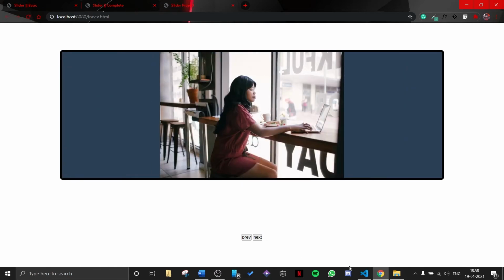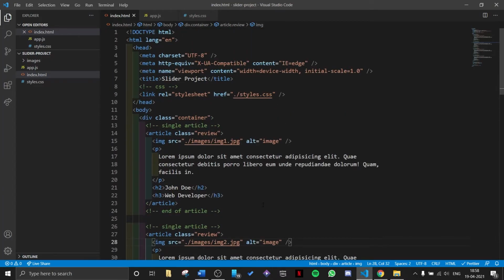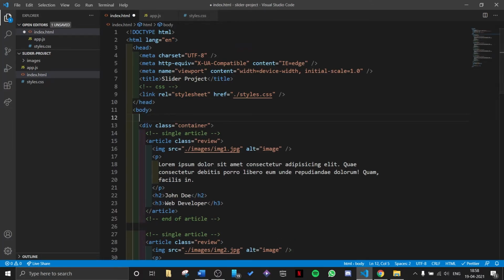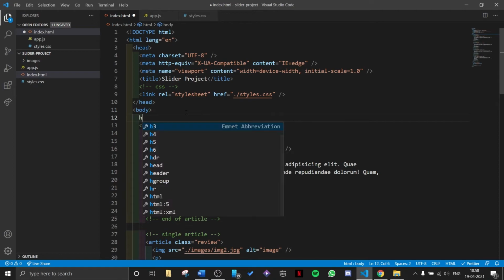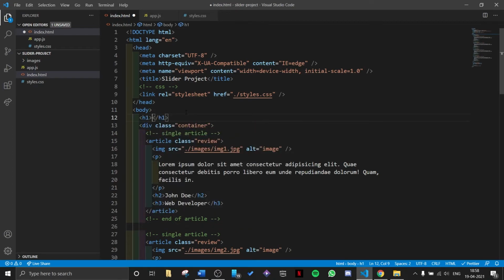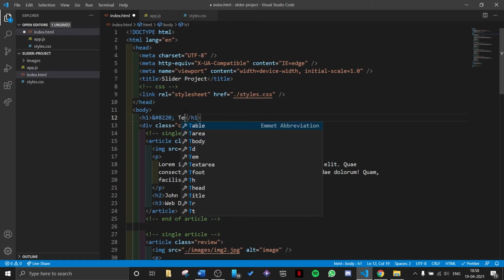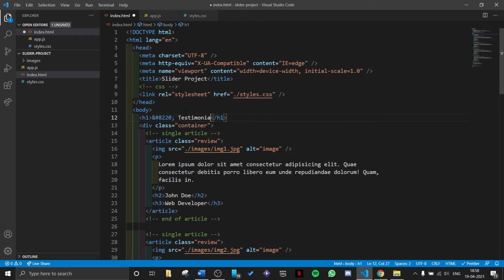These are the 4 images, right? And another thing that I would like to do is give it a heading. I will use an h1 and use the HTML entity here, hashtag 8220, and then give the heading as testimonials.